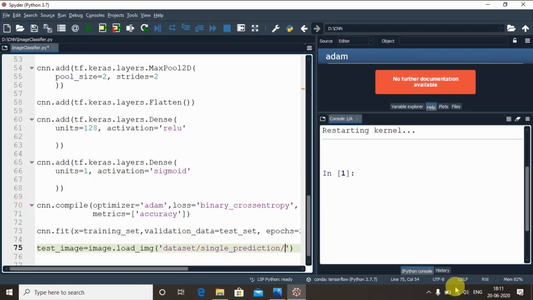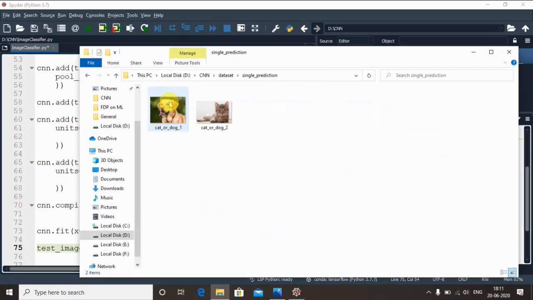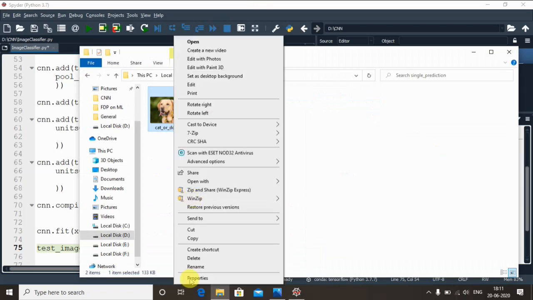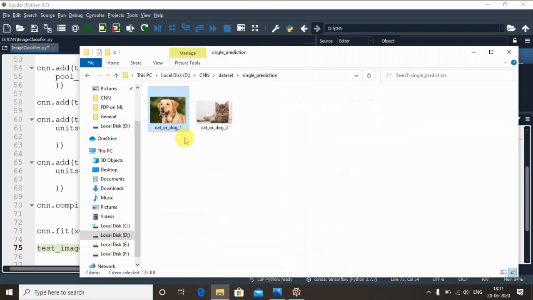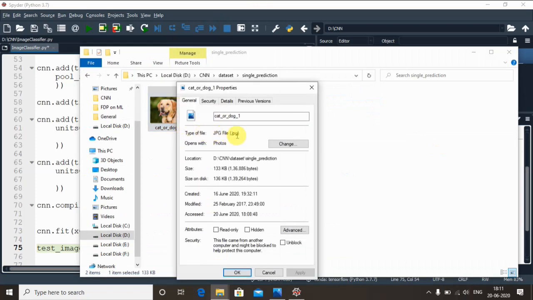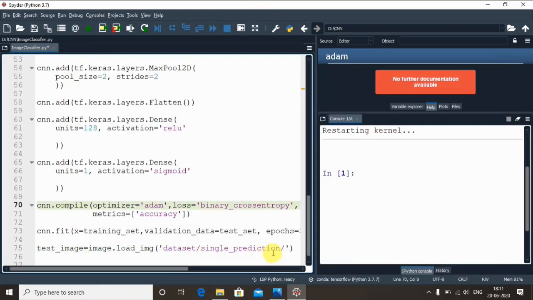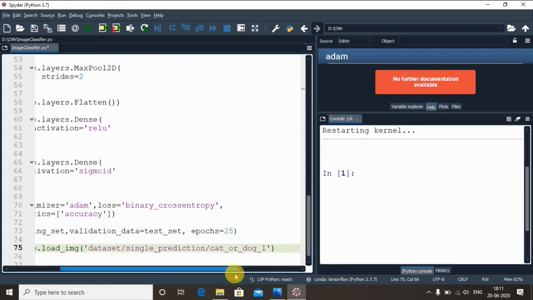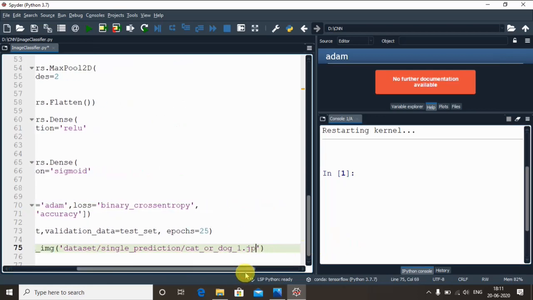Okay, and what is the name of the image? Let me see the property just to see the extension of that image. It is a JPEG format, so cat_or_dog_1.jpg. Okay, so I just copy cat_or_dog_1, right, .jpg, done.